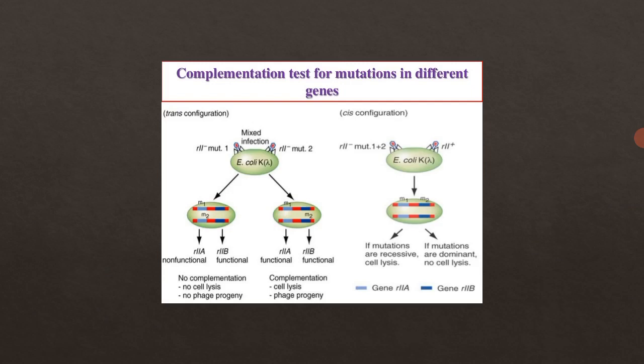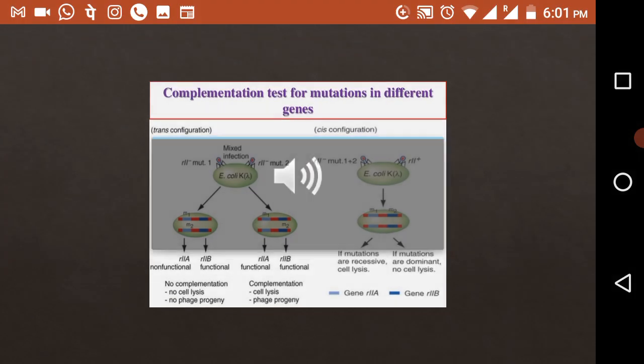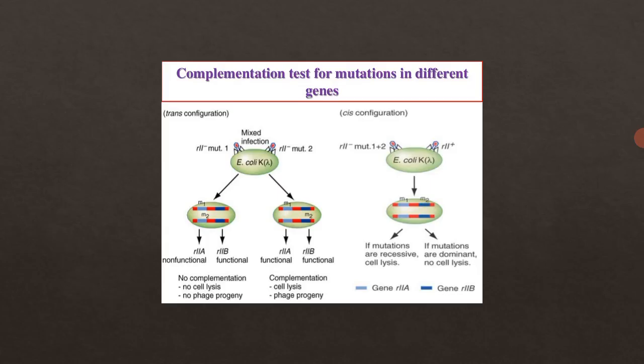Okay, so that is called the trans configuration, when both mutations are present in different genes, not a single gene. That is called the trans configuration or intergenic complementation. Okay,